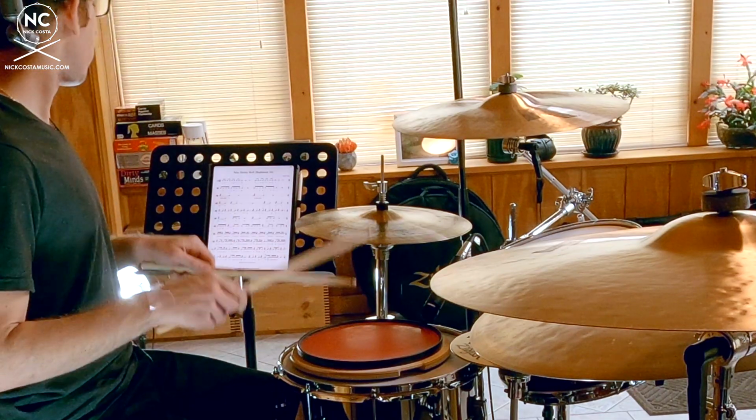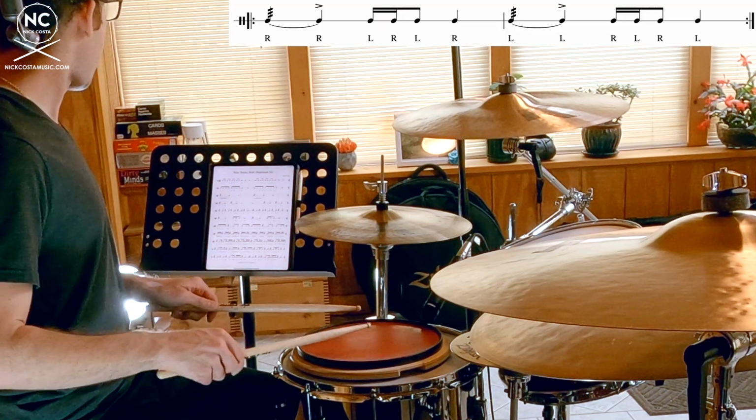The second measure, you are starting with a left-handed 9-stroke roll on beat 1. Again, that means that left-handed tap is beat number 2. Starting with your right hand, you are going to alternate for the 16th note, 8th note pattern on beat 3, followed by a left-handed tap on beat 4. I'm going to turn the click on, play along with me. 1, 2, ready, and...